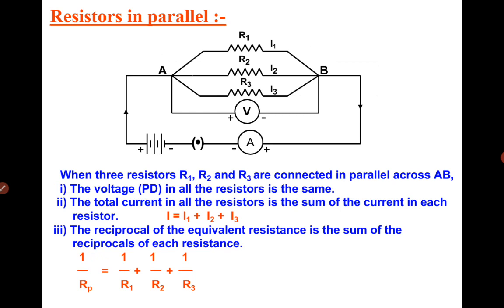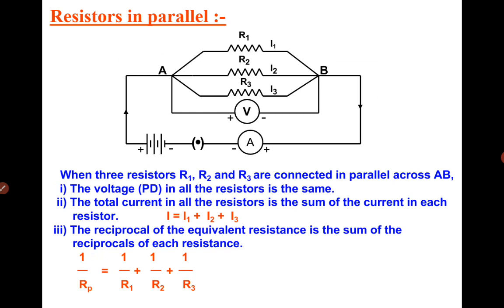When the key is closed in the circuit, current I is drawn from the battery, and that current reaches the point A. At point A, there are three ways for the current to flow. The amount of current passing through each resistor depends upon its value of resistance. Say the current passing through the resistor R1 is I1, through R2 is I2, and through R3 is I3. All three currents reaching the point B form I. Accordingly, the ammeter will show the reading.